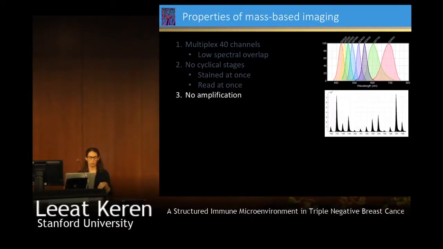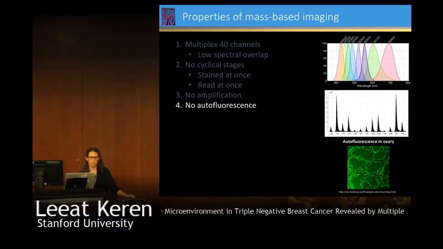We also don't require any amplification, so no secondary antibodies, because of the system's high sensitivity. And we don't suffer from autofluorescence. And here I'm just showing you a picture of autofluorescence in ovary. And it's a beautiful image, but you can imagine how problematic this is if you want to detect low abundant